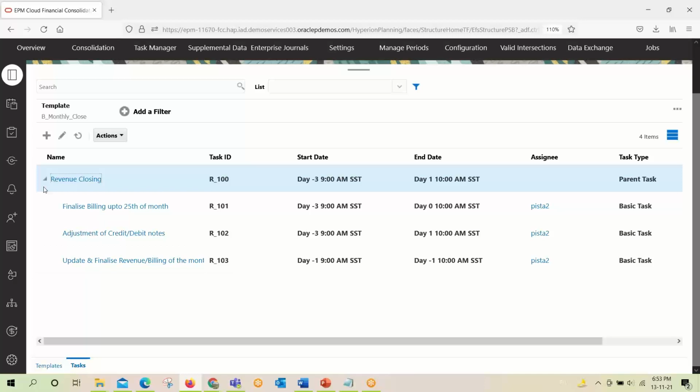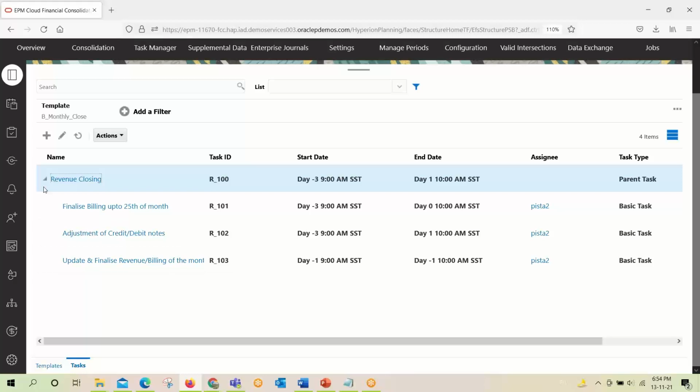So our task is revenue closing. As we all know, the management is concerned about the revenue figures, and they want the figures to be ready within 1 or 2 days of the last day of the month. They are concerned about how much they have earned, what their revenue amount is for the month. To provide this, the executives and the officers have to plan their work accordingly